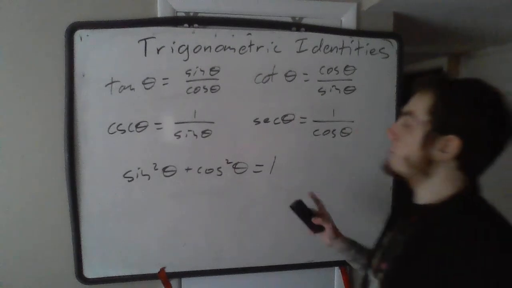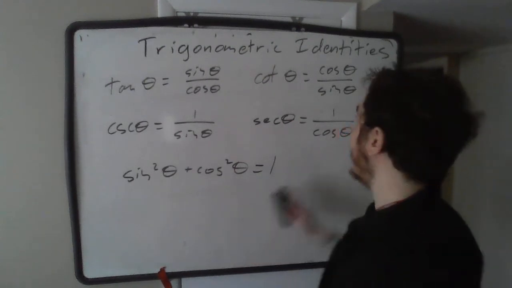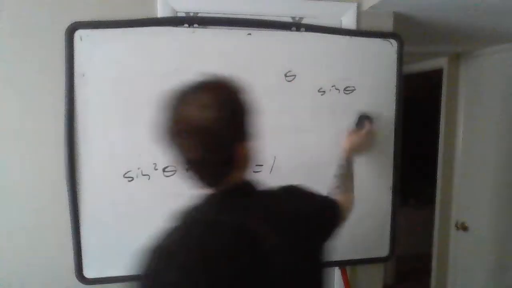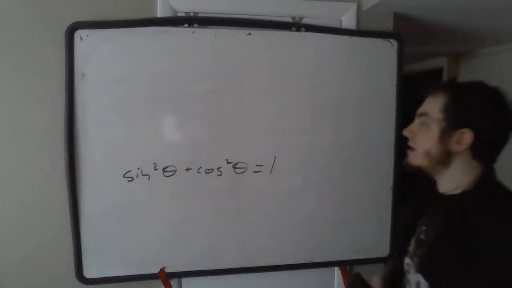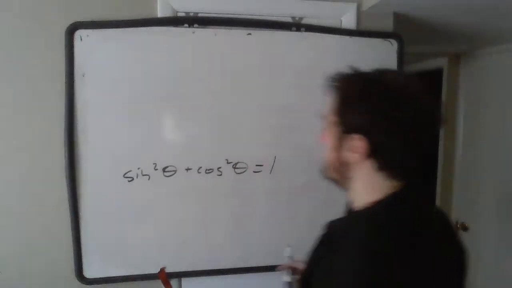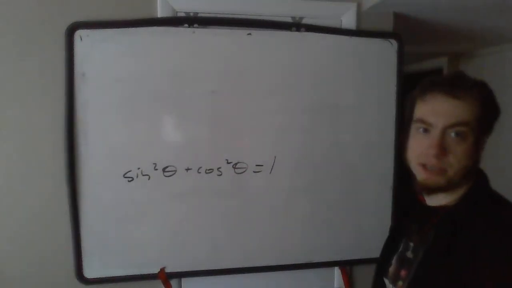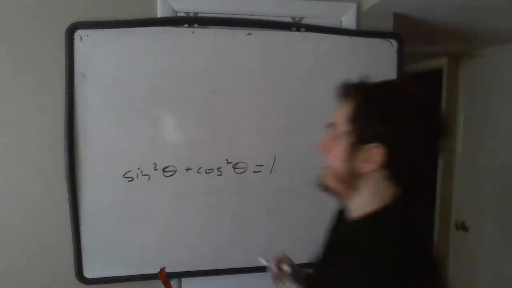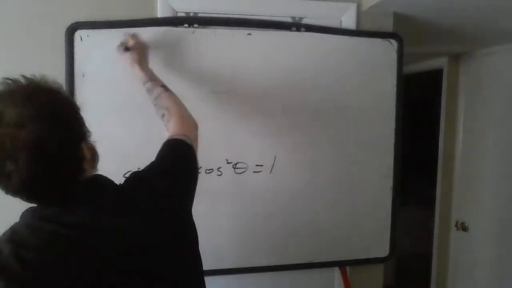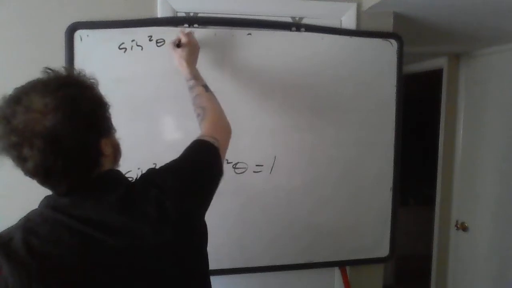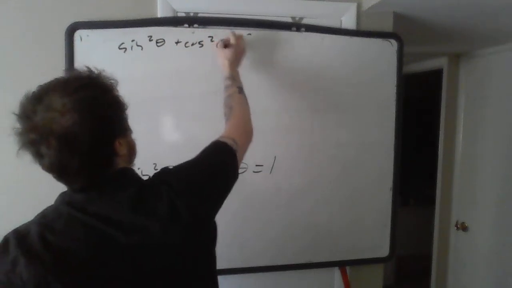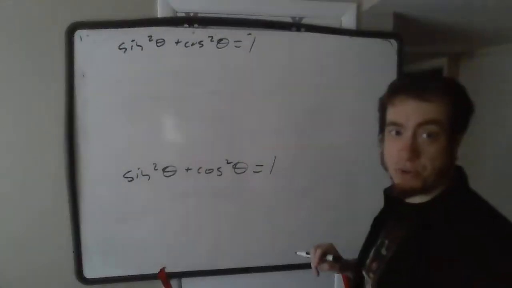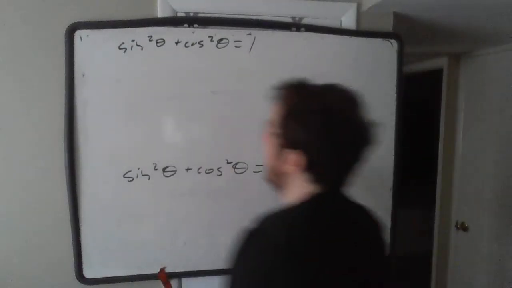So there's two more forms of the Pythagorean identity, and you get them by dividing both sides of the equation by sine squared or by cosine squared. So let's try doing that and see what we get. If I take sine squared theta plus cosine squared theta equals 1, what would happen if I divided both sides of this equation by sine squared? Well,